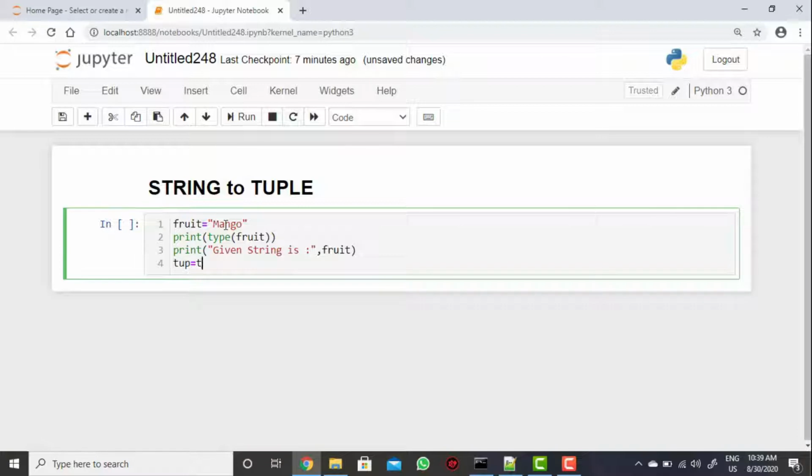Now in that we need to use tuple, that is the object name, and pass the string name that you want to convert. So that string variable I am passing here.